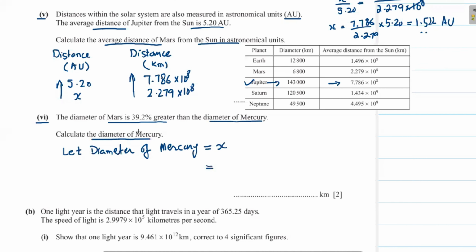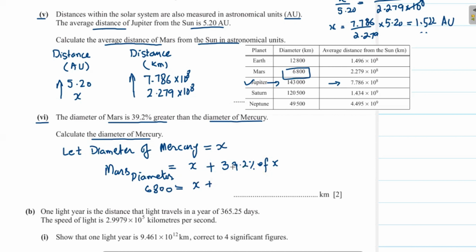Therefore, the diameter of Mars will be equal to 39.2% greater than the diameter of Mercury. Therefore, the diameter of Mercury x plus 39.2% of x, and this value here is Mars diameter. You see here the Mars diameter is 6800. We write here 6800